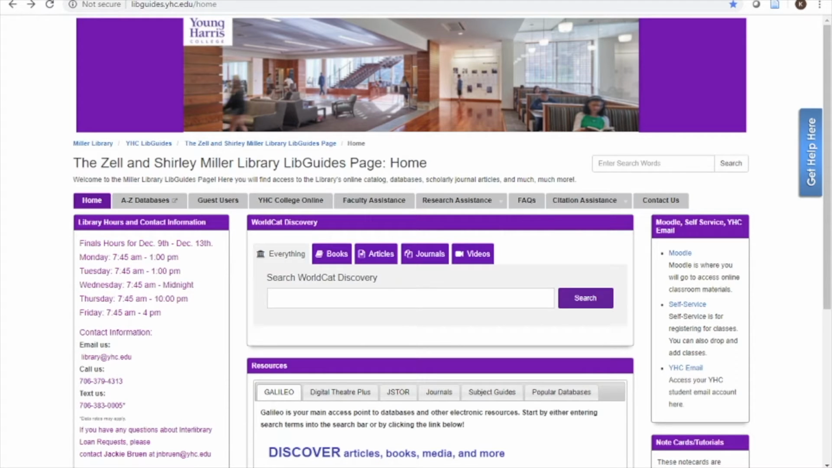Hello everybody, my name is Kyle DeBell, and today's tutorial will be about borrowing books and other materials through interlibrary